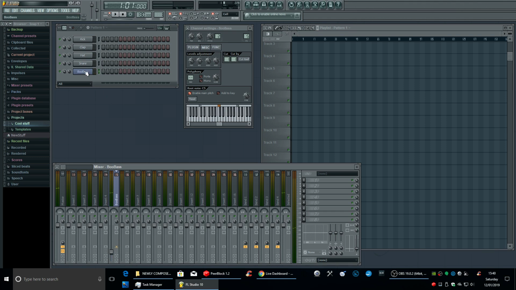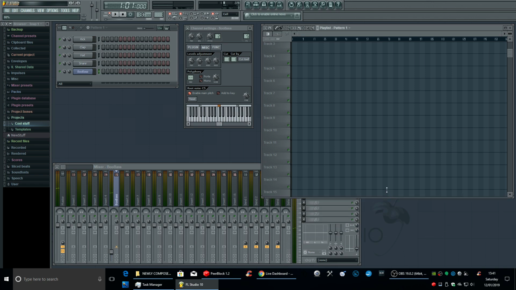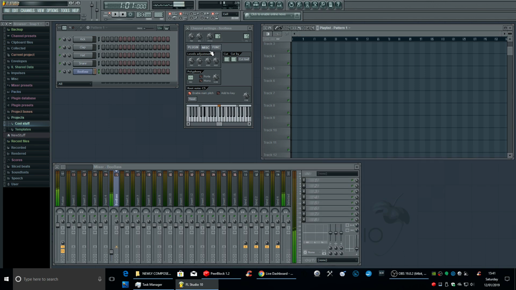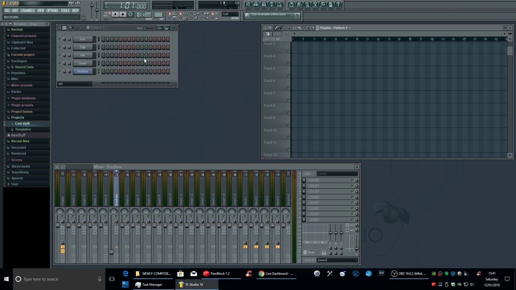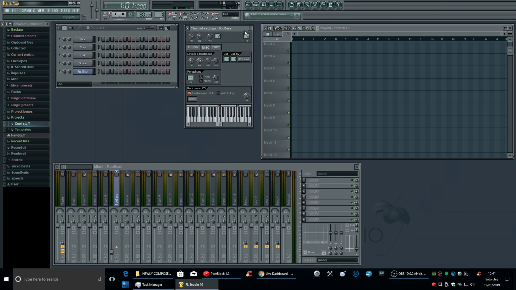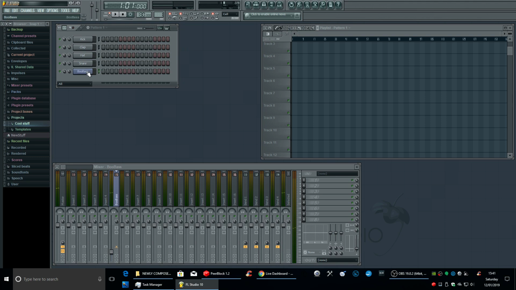So we've got the bass set and the sound volume pretty much done. We can get rid of this, we don't need that very much anymore. This will come in handy at a later stage, because you've got polyphony and you can make it mono. You can change all that, but that'll come in useful later on.